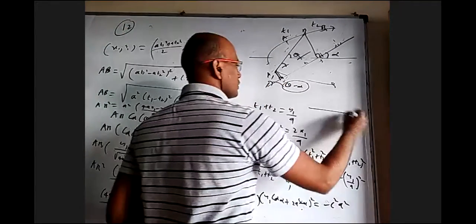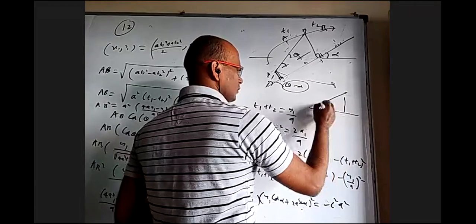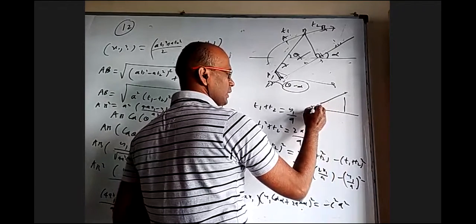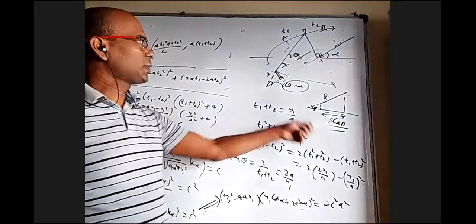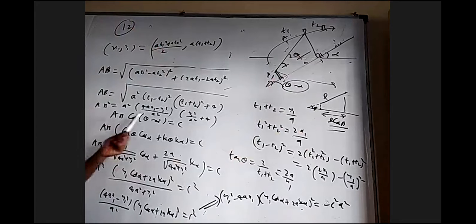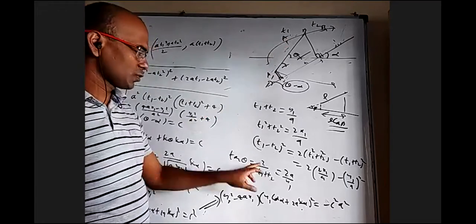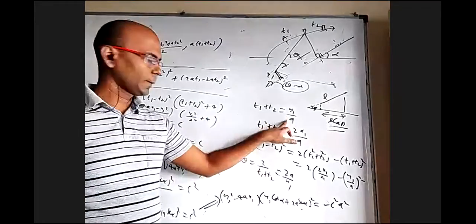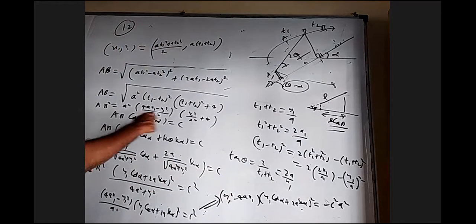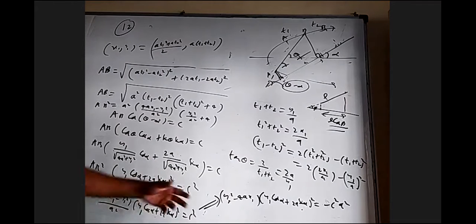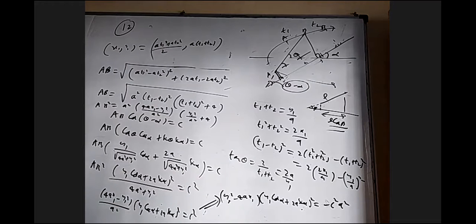So whenever you have two lines and if extended, if this is making some angle beta, this is L, this length will be L cos beta. I'm using that. Here that beta is theta minus alpha. So AB cos(theta minus alpha) should be C. What is cos(A minus B) formula? Cos A cos B plus sin A sin B. What is cos theta, sin theta? How to find? Tan theta is slope of this, which is 2 by (T1 plus T2), which I wrote in terms of Y1. If I know tan theta, this is cos theta, this is sin theta, substituted. What is AB? I got in terms of X1, Y1. That also I substituted in the next step. Then I got everything in terms of X1, Y1. That is the locus. Just a little minus common, sending this that side, adjustment.